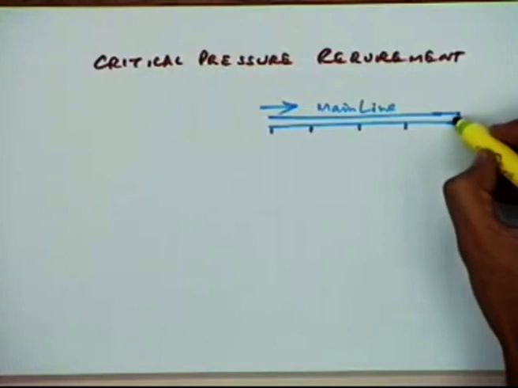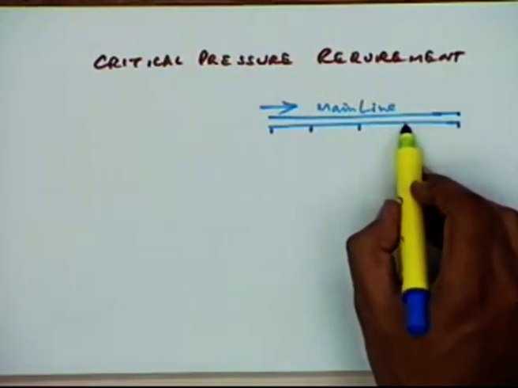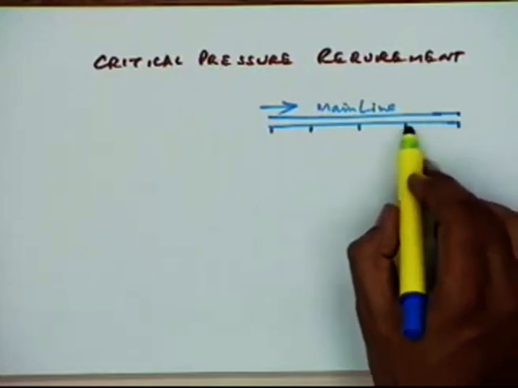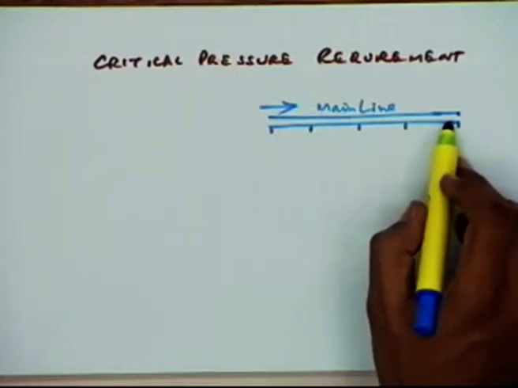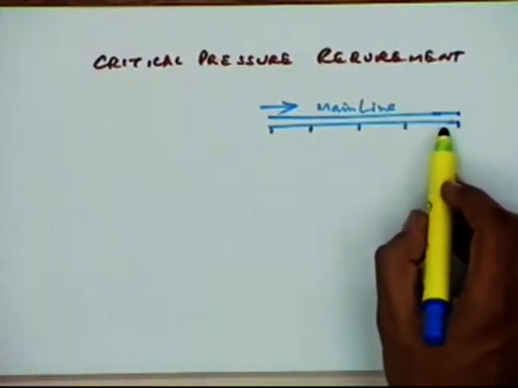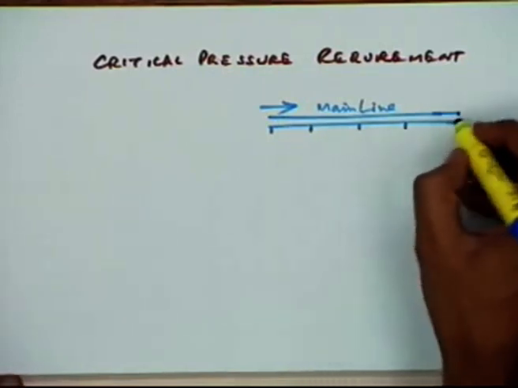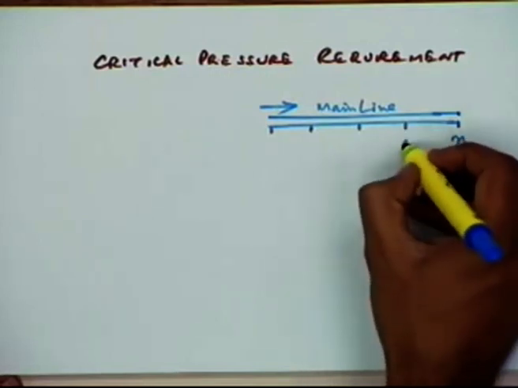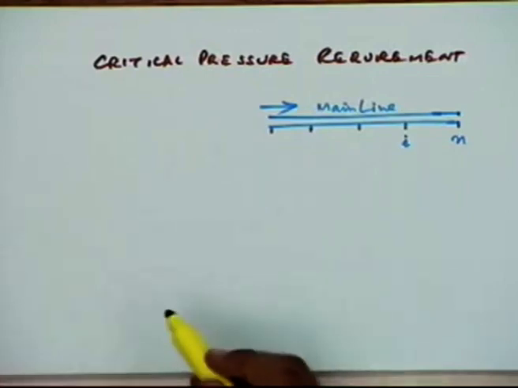So if I know what the pressure requirement is here, you can find out, if you move to this section of the main line, what will be the additional pressure requirement, because it has to overcome some more friction of the main line pipe, which is one possible loss which has occurred in this particular zone, and there can be some elevation loss or gain. There can be some velocity head which is prevalent. All those things, if I say that this is N and this I call I, to find out what is the pressure requirement